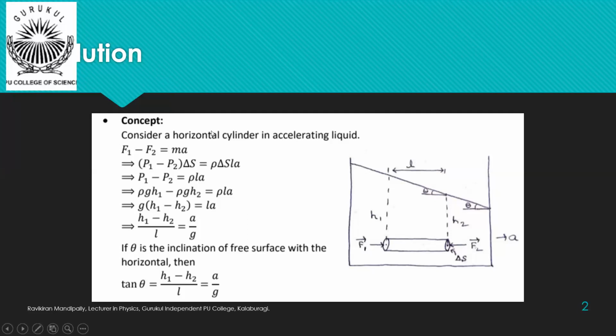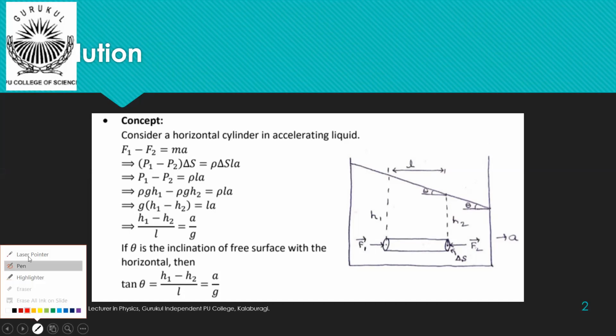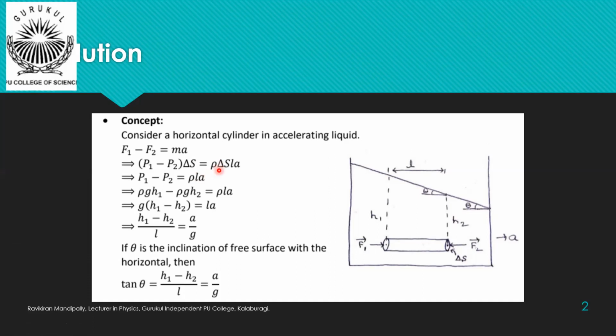That is why here if you see this equation, the equation we have written is net force F1 minus F2 is equal to MA, and here F1 is P1 into delta S, F2 is P2 into delta S, and M is the mass of the liquid which is present in this horizontal cylinder, that we have taken as density into volume. Length of this cylinder is L, area of cross section is delta S, so the volume is delta S into L, and the density of the liquid suppose is rho, then rho into delta S L into A becomes the mass into acceleration part here. And on either sides we have delta S common, that will be cancelled.